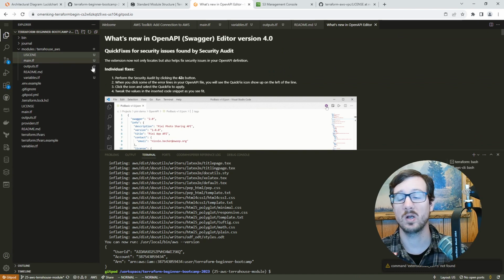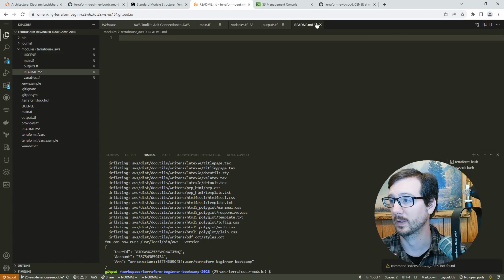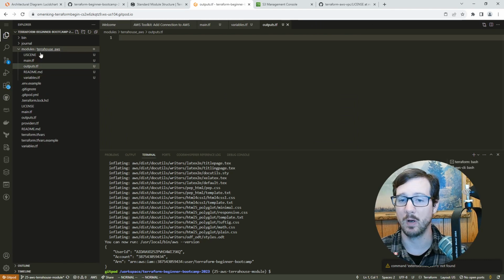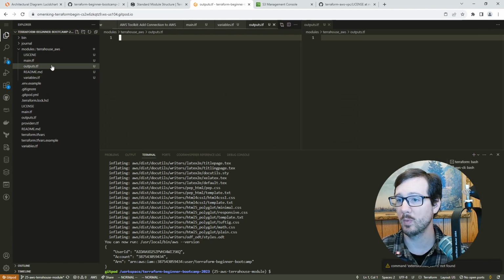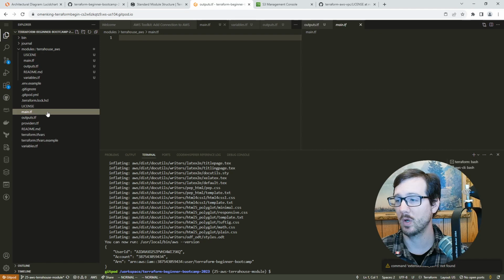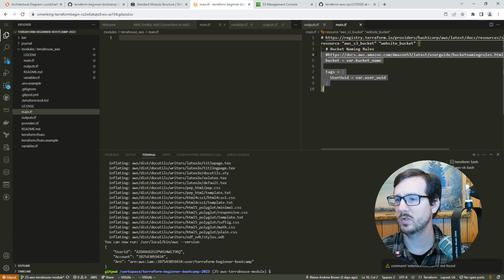L-I-S-C-E-N-E. Still not confident with that, but it is spelled correctly. And so now we have the basis of our module. So what we want to do is go over to main.tf. We do want to bring this stuff over to here, but what I really want to do